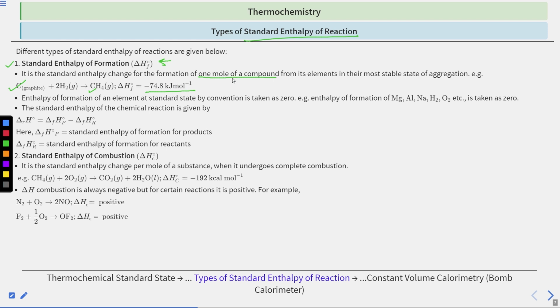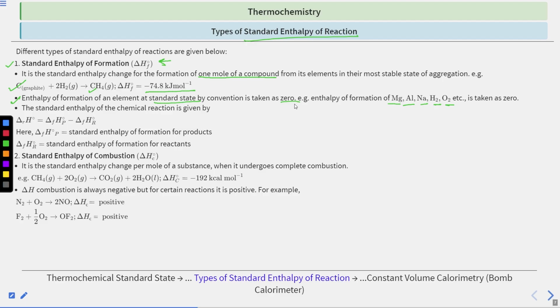per mole. The enthalpy of formation of an element at standard state by convention is taken as 0. For example, the enthalpy of formation of magnesium, aluminium, sodium, hydrogen, oxygen, etc. is taken as 0. So this is a point to remember, that the enthalpy of formation of an element at standard state by convention is